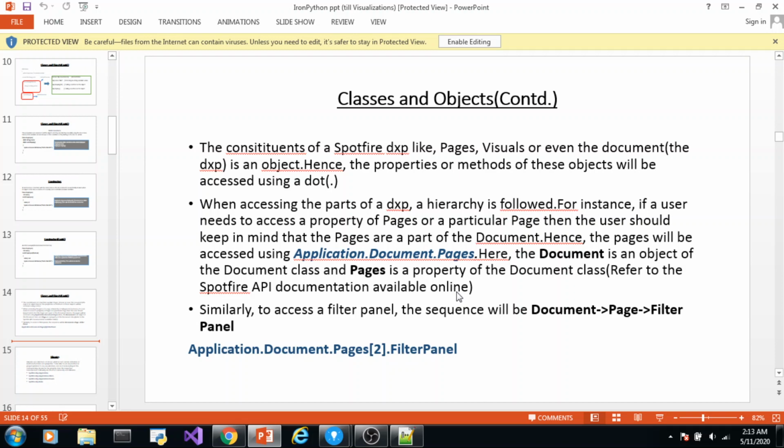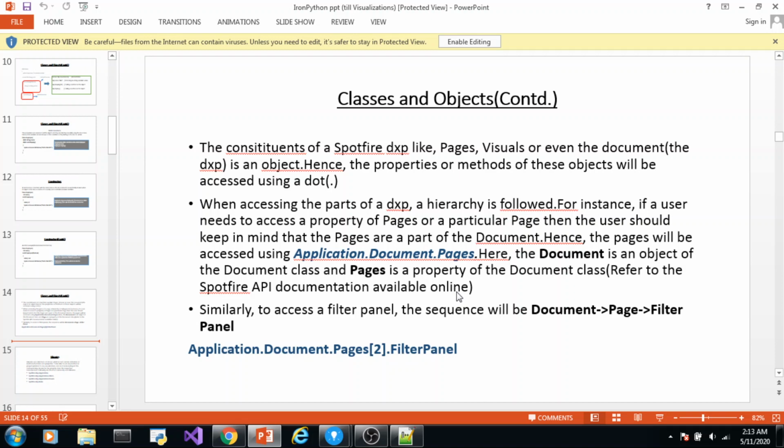What I mean here is, whenever you access a component of Spotfire, there is a hierarchy that you should abide by. For example, you want to access a particular page. Now page is a part of document, so first you have to access document and then its page.